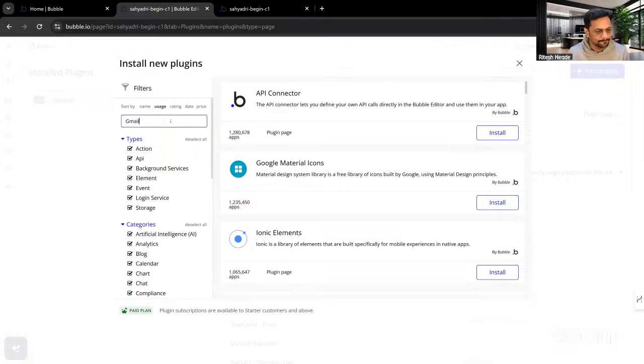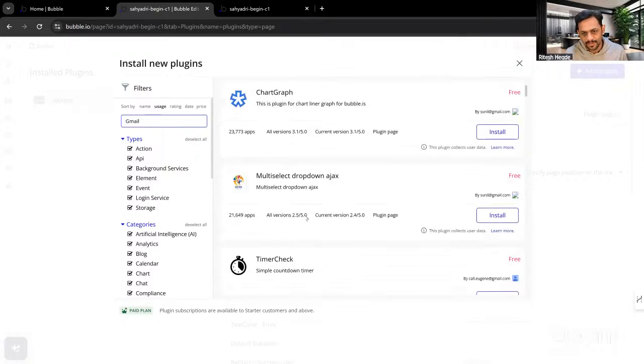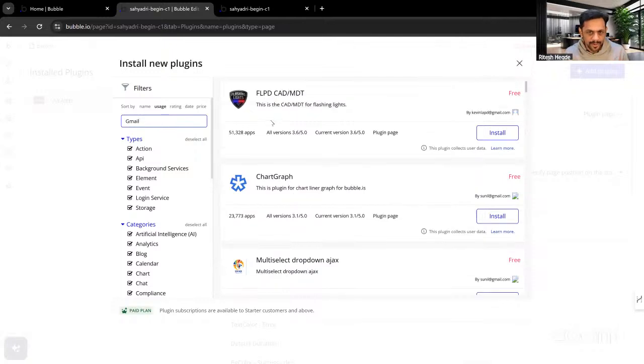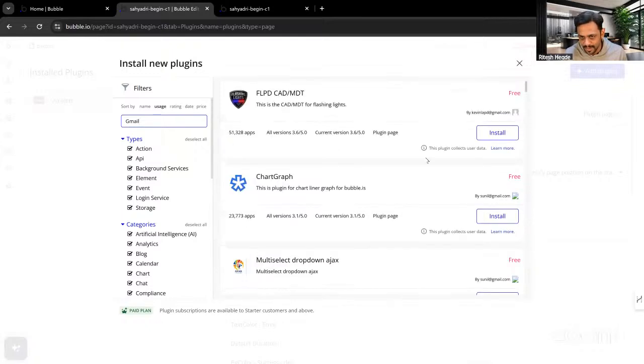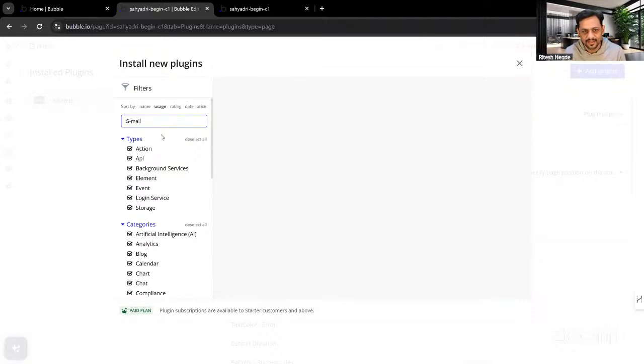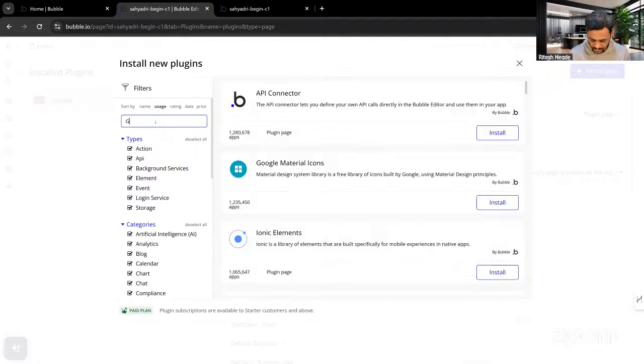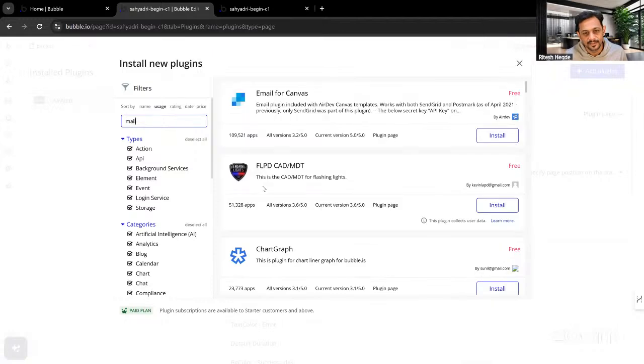Let's say Gmail, right? We have a lot of Gmail plugins available. Now, you might be wondering, why did this come when we search for Gmail? This is coming because the developer of these plugins has Gmail in their email ID, and that's why it is coming. Nothing else. If we search for Gmail like this, nothing. Mail. Okay, anyways,